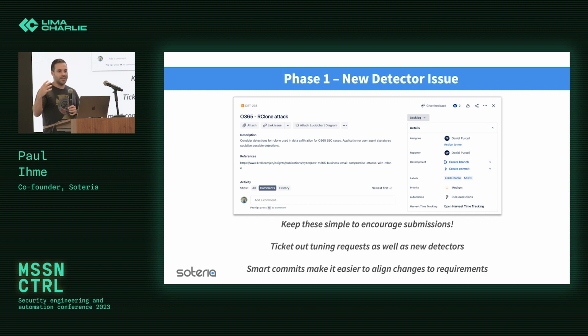So we really simplified that down and said, okay, just give us a description and a link to some resources that we can go and investigate more. Ideally, put some MITRE techniques in there if you want to, but otherwise our detection engineers can go figure that out. And we want to curate those ideas. And also, very importantly, we used to do this only with new detection ideas, and we found going back to being able to track all the changes from the ideas to production, putting in tuning requests as well, right? So any change to a rule in production has some Jira ticket associated with it. That way we can track all these things.